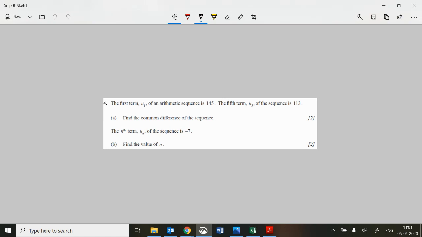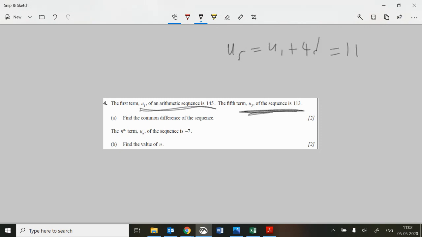Well, it's very similar again. We're going to set up 2 equations. Actually, they've got U1 there. U1 would just be U1 plus no lots of D, so that doesn't really give us much of an equation. So in fact, we can use the second bit of information here to say, well, U5 is U1 plus 4D